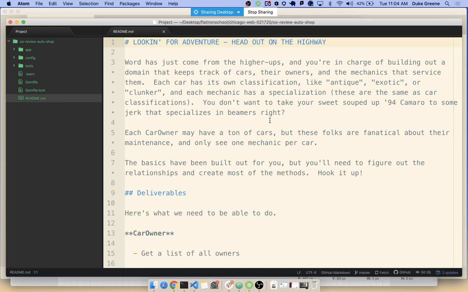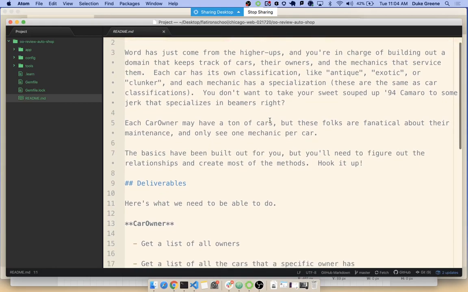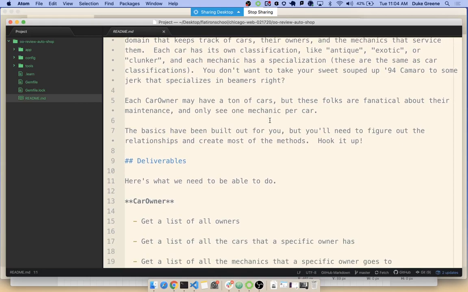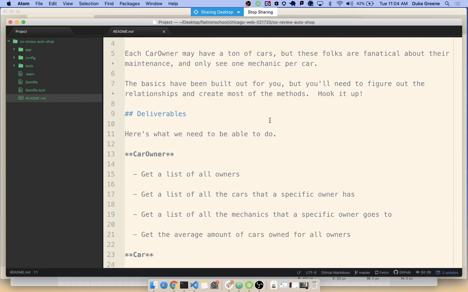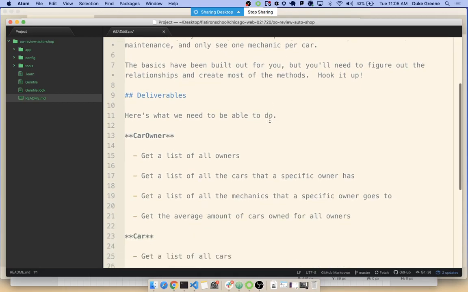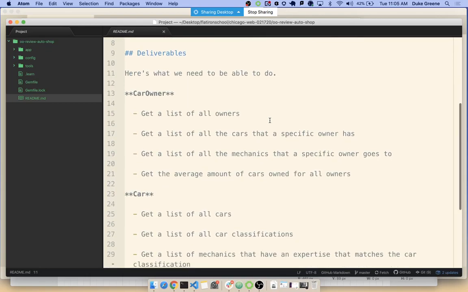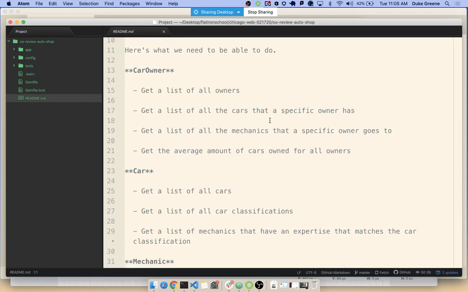Each car owner may have a ton of cars, but these folks are fanatical about their maintenance and they only see one mechanic per car. The basics have been built out for you, but you'll need to figure out the relationships and create most of the methods. Hook it up. Here's what we need to do. A car owner: get a list of all owners, get a list of all the cars that a specific owner has, get a list of all the mechanics that a specific owner goes to,